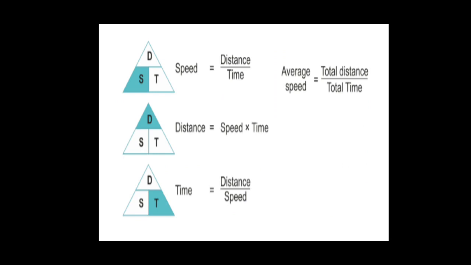And here is an important formula: average speed equals total distance divided by total time. So simply, speed equals distance divided by time. By using this formula, we are able to calculate the speed as well as the distance and the time. So this slide and these formulas are very important. You may take a screenshot because in the upper classes and even in this class, in this lesson also, we may be asked some problems related to speed. To solve those problems, we have to know the formula. So take a screenshot.